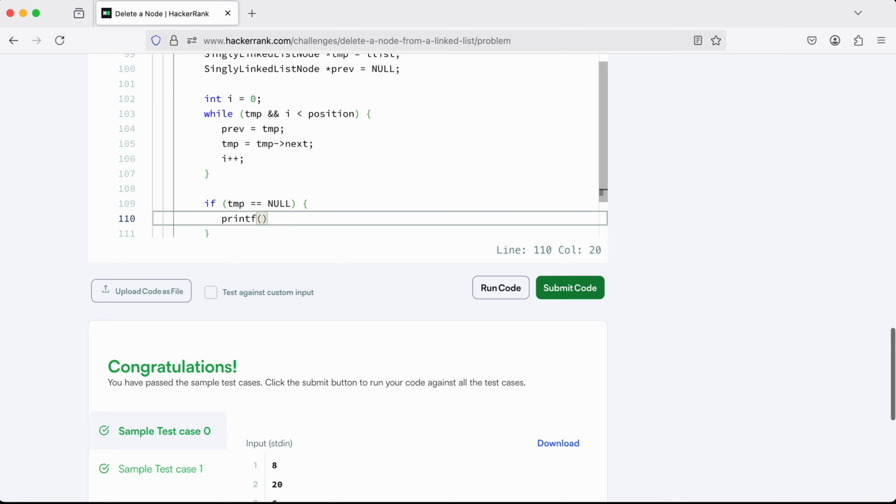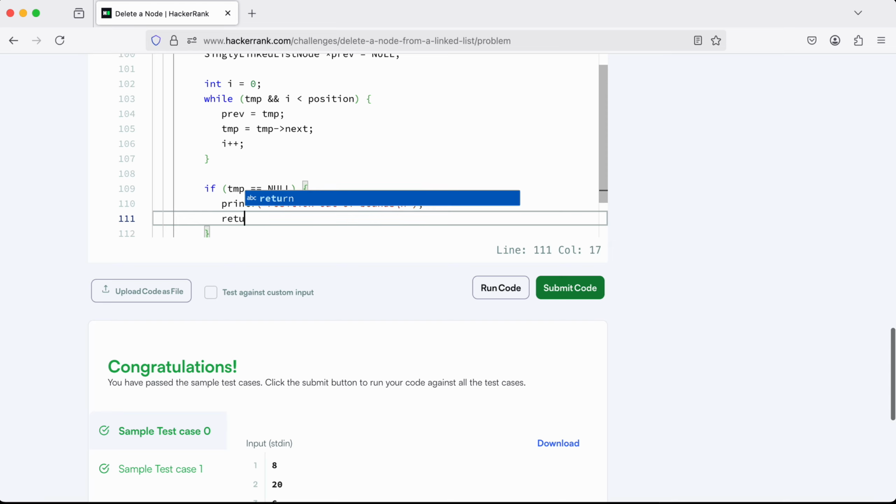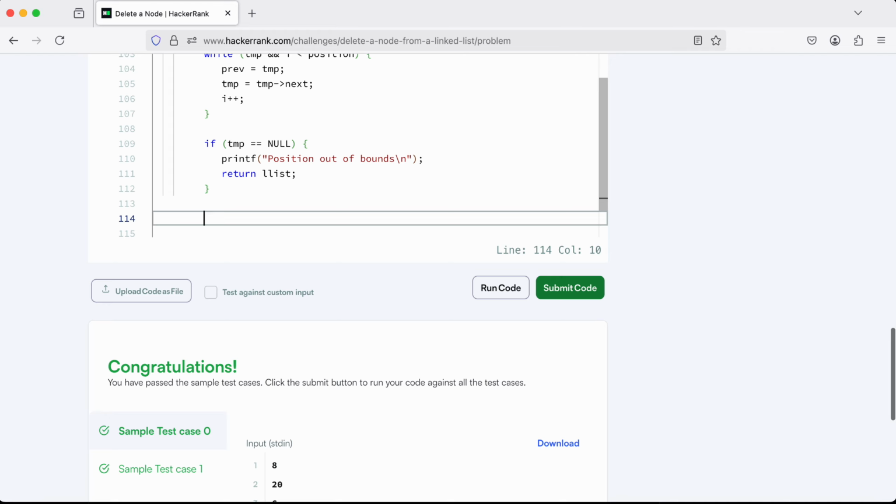If you want you can add a message, you say position out of bounds, and you say return list, right? Else